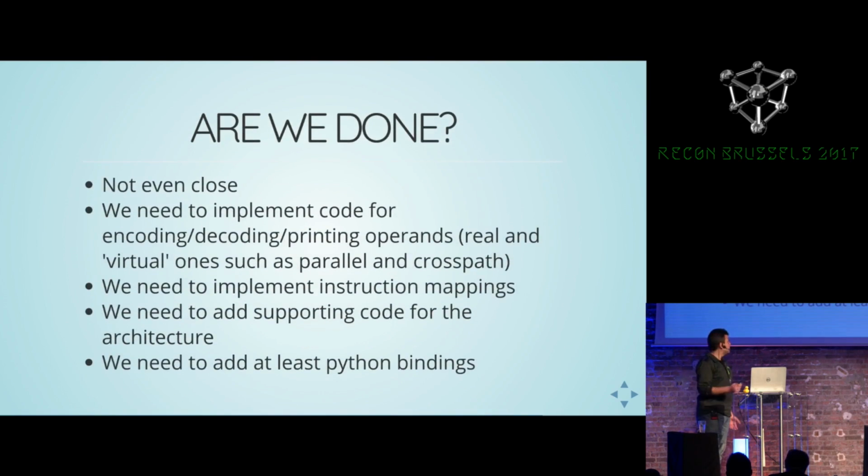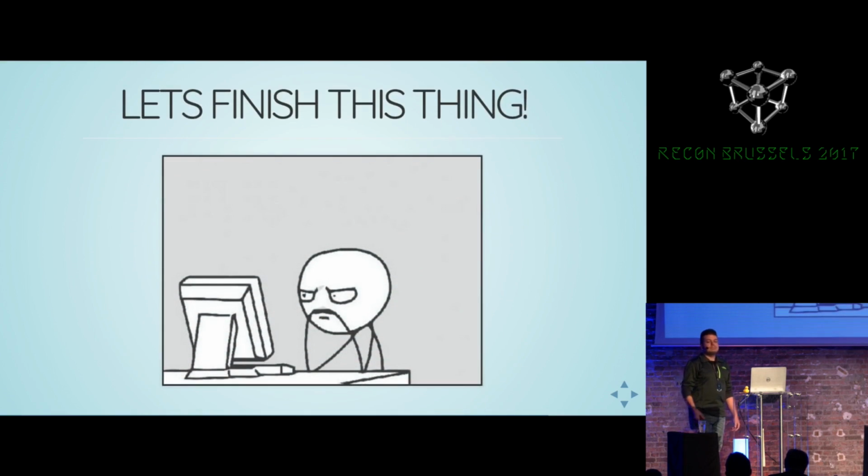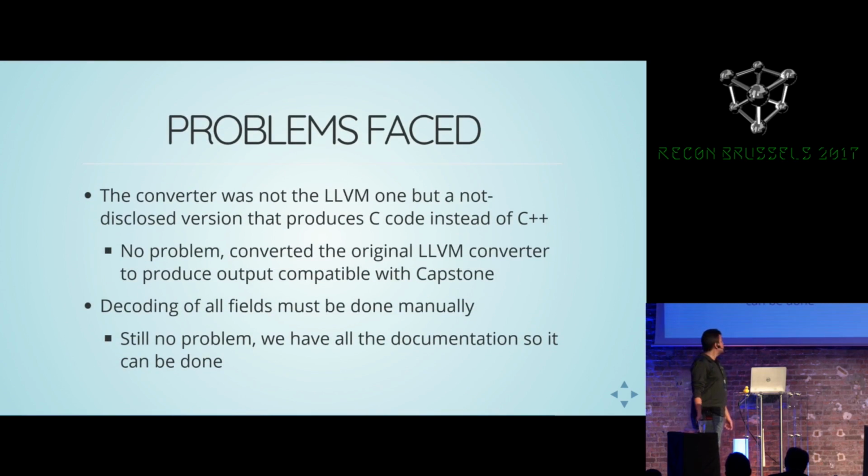So we've done this. Are we done? Not even close. We need to implement all the code for encoding, decoding, printing operands. We need to implement instruction mappings. We need to add a lot of supporting code. And we need at least the Python bindings. Okay. We start working on this, and after some hours, not some hours, some days,